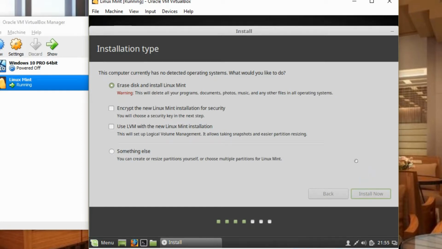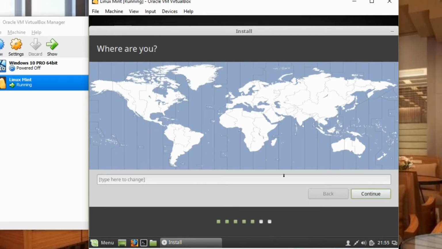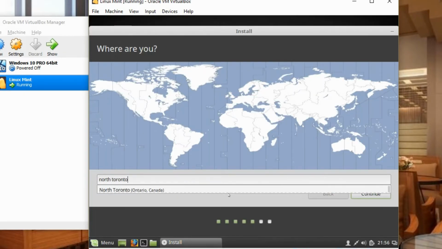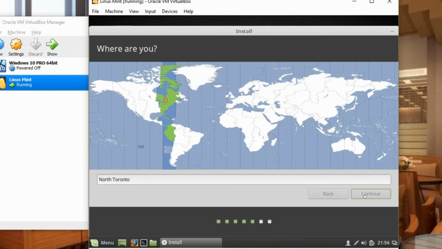So you can see here, you can follow the prompts, accepting all the defaults if you're not sure of what they are. You will have to specify your city where you live, and if you're not sure exactly how it's spelt here or worded, then you might have to try a few variations of it.